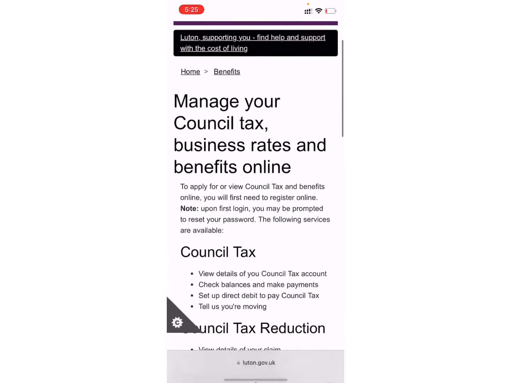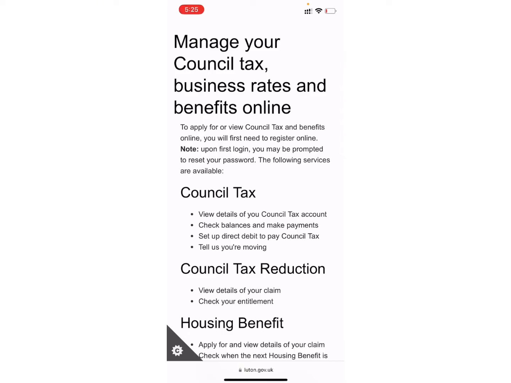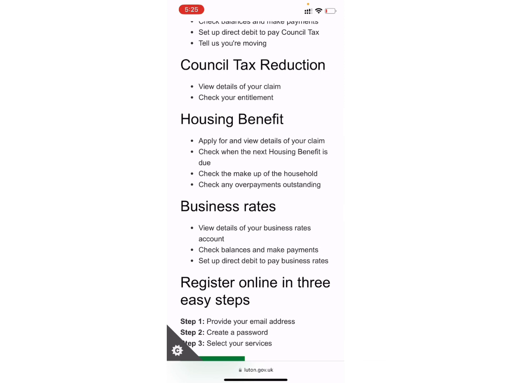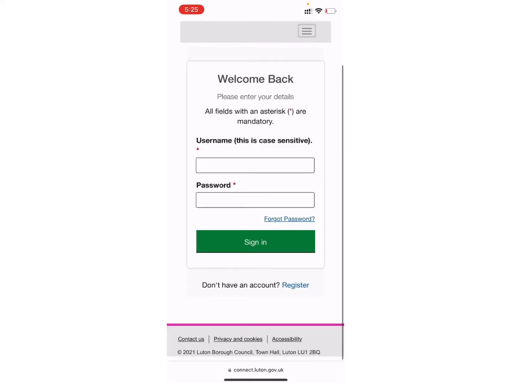Now here on this page you can find some of the important notices or information that may be useful for you. So you can just read it if it is important for you. Now in order to log in, scroll down until you see this green button that says login or register. Click on it. Wait for some seconds and you will be directed to this page